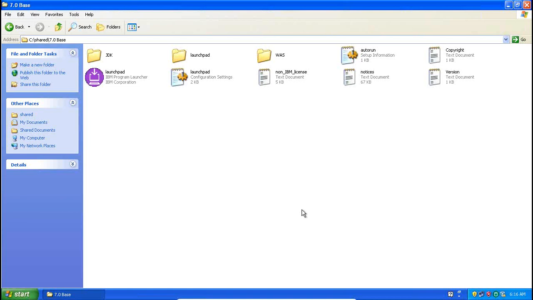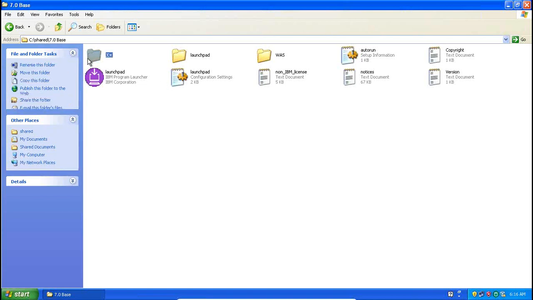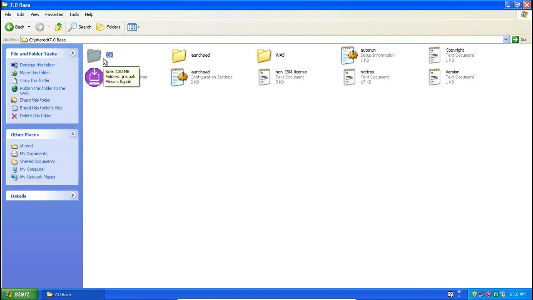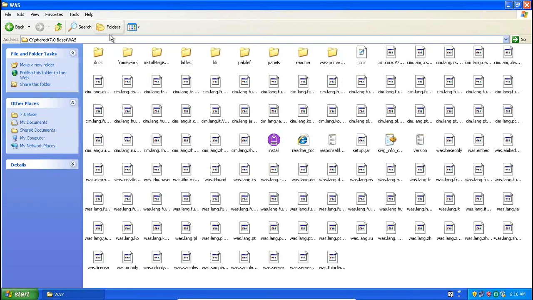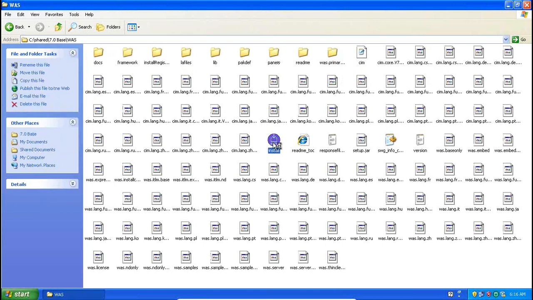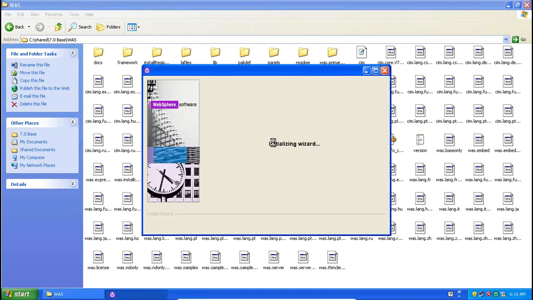So just go to this. This is the software package that you get if you download. Here you have JDK, nothing but Java to support WebSphere installation and all. Come to WAS, WebSphere application server. WAS means WebSphere application server. Just install. Very simple. There is no prerequisite required. You don't need to install anything separately. Just directly install the software.